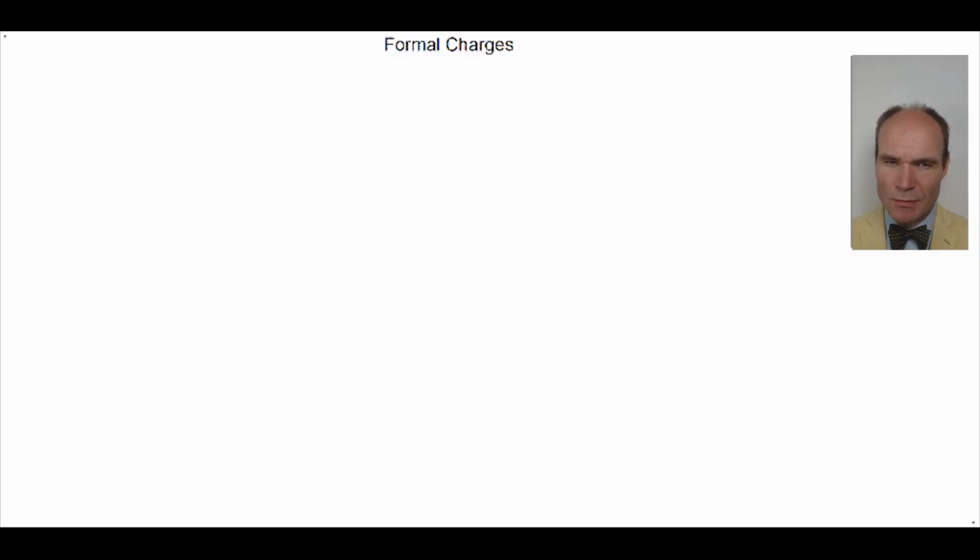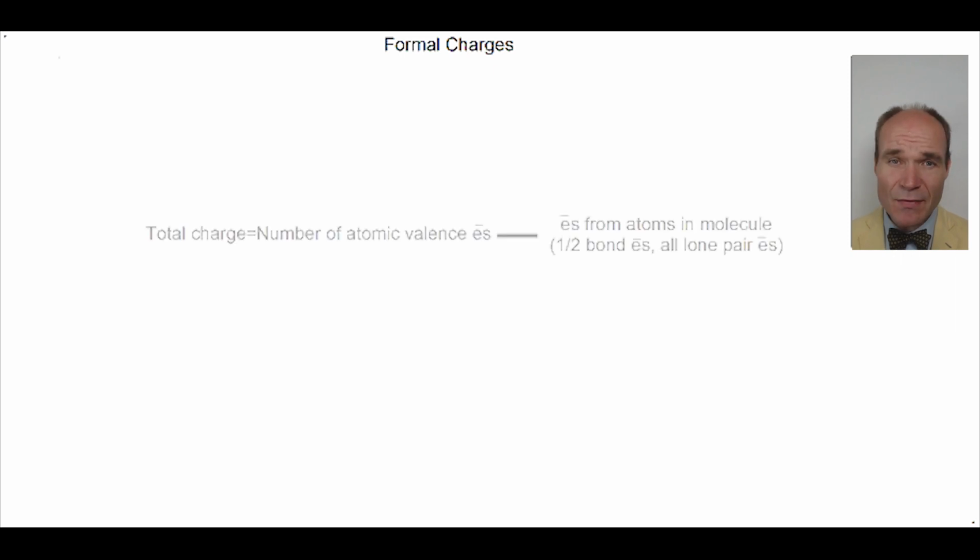Polar covalent bonds have partial charges. That's to say, delta minus and delta plus on either atom. But we can have full charges that we call formal charges. We can calculate whether a specific atom in a specific molecule has a formal charge by considering the number of